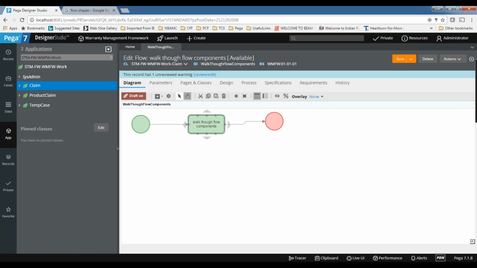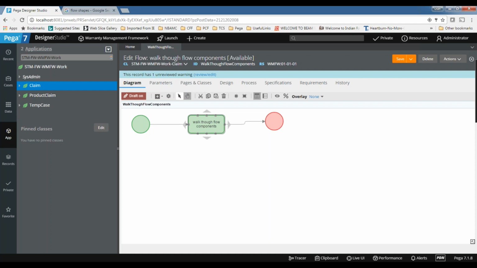That indirectly says how the user will interact with the system, by displaying some UI. So the assignment shape is useful to display the UI. If you want to display the user interface, go for the assignment shape. As the name indicates, assignment means somebody should do some work.